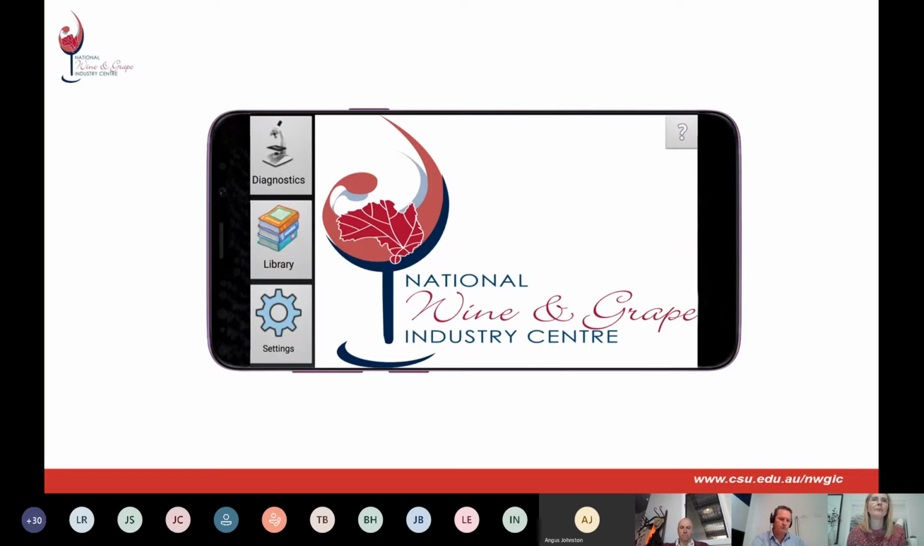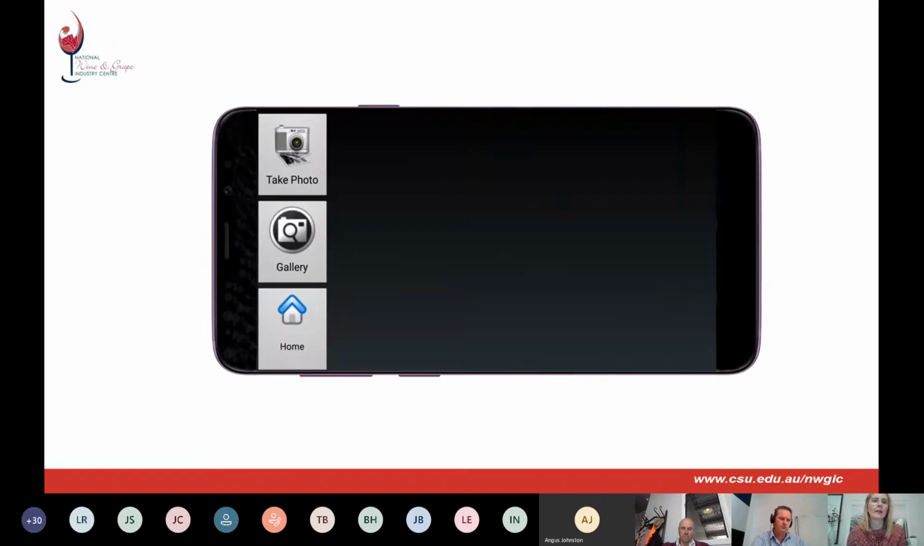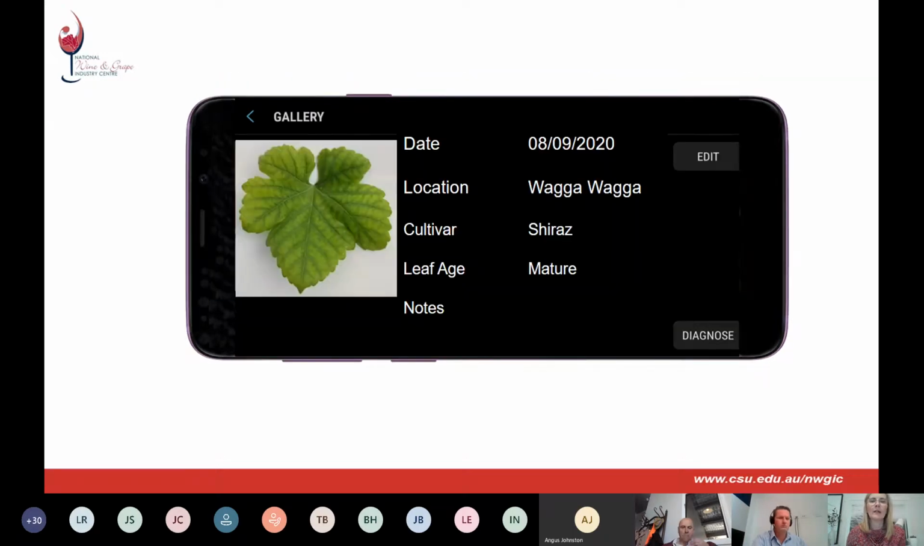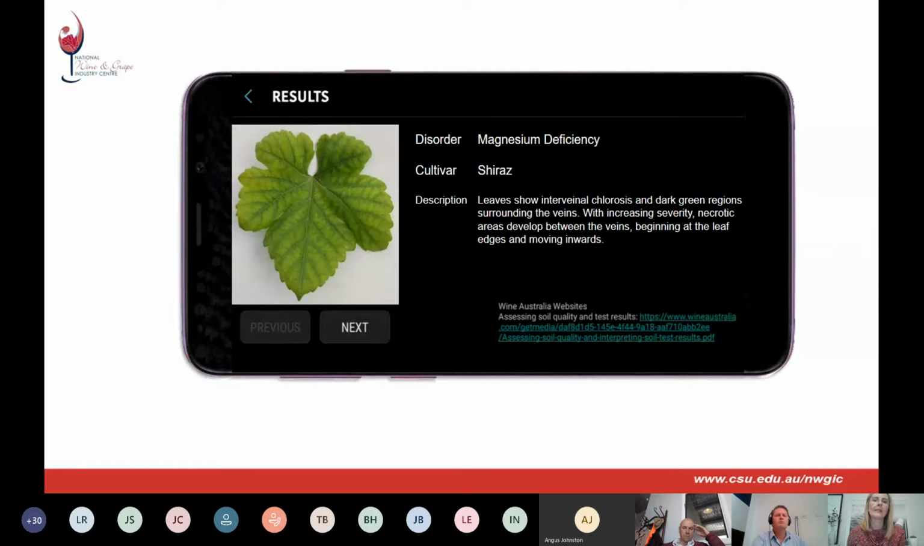So you can take a photo of your symptoms through the diagnostics. Once you take the photo, it'll end up in the gallery here, and then you can select a particular photo that you're interested in, and then you can add any sort of information such as where the picture was taken, the cultivar, and the age of the leaf. Then you hit the diagnosis button, and up comes the result of the diagnosis. Here it says magnesium deficiency in Shiraz,